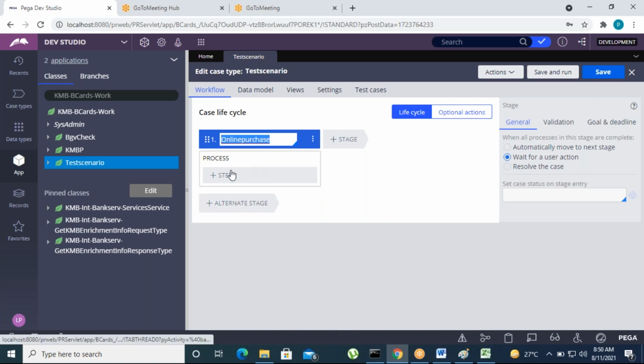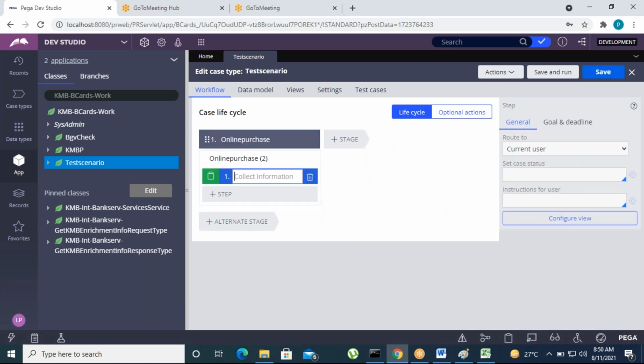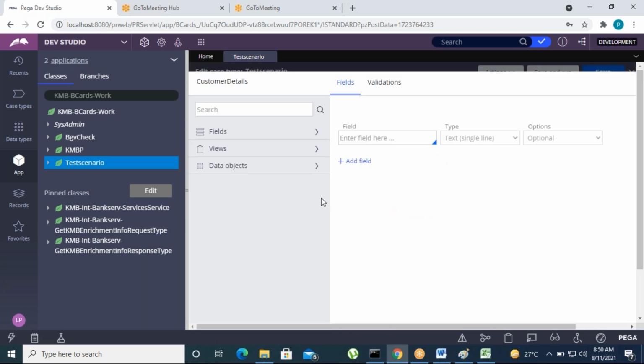Correct. So let us assume something, customer details. Fine, right? And click on save. We'll go for configure view. I'm not adding any fields, I'm just configuring it. That's it. Okay, I'm not adding anything else.